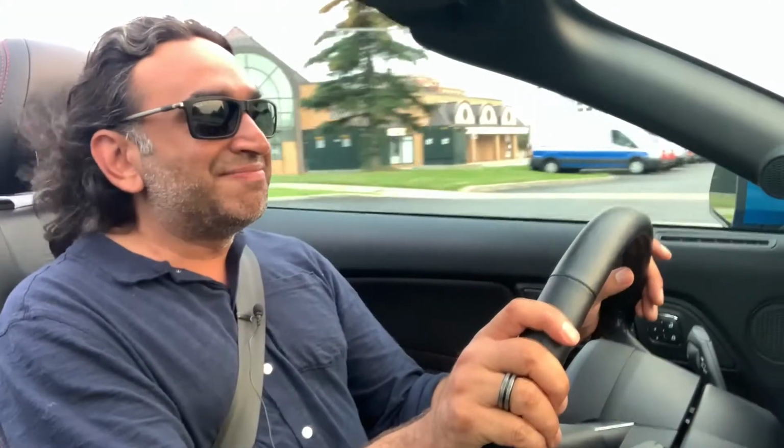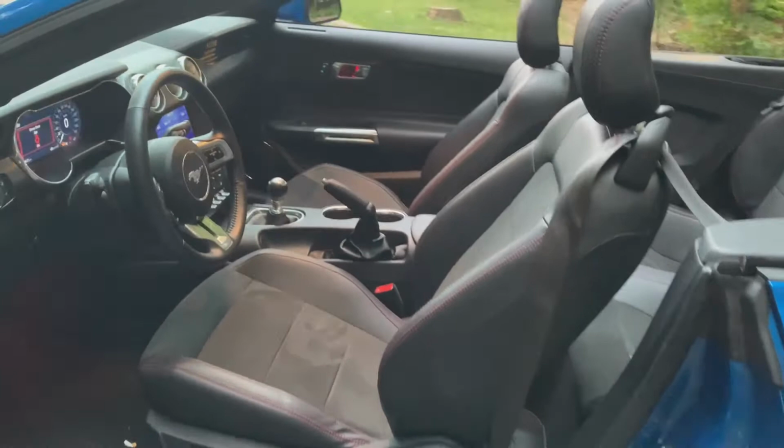Taking a look inside, the only real big change here is with the California Special package, just below the camera, which is just above the glove box. It does have the California Special badging. It's got the special floor mats, and that's pretty much it. Everything else is the same. All of your HVAC is down here. You've got your switches, your start-stop right at the bottom, your gear shift,